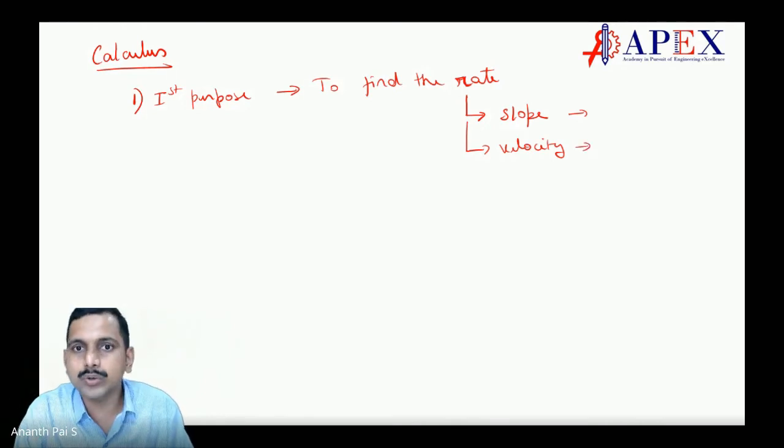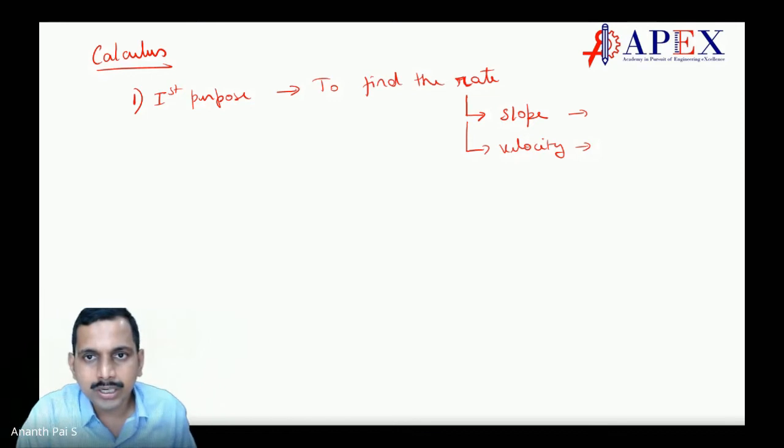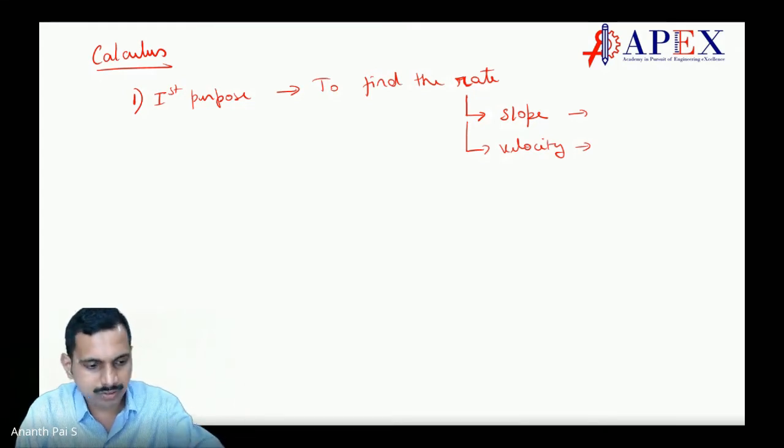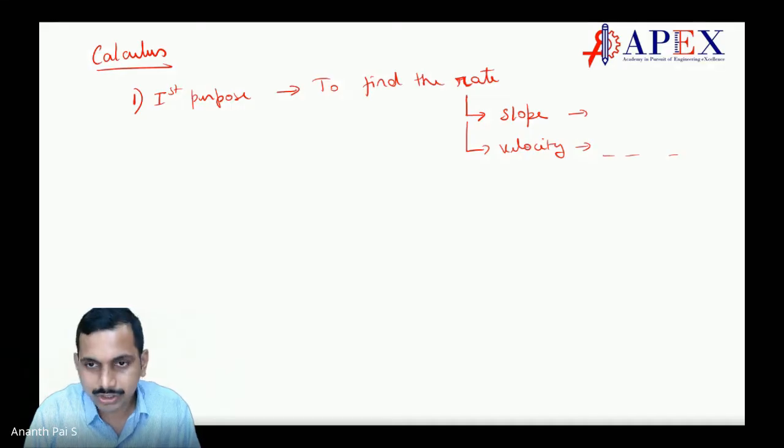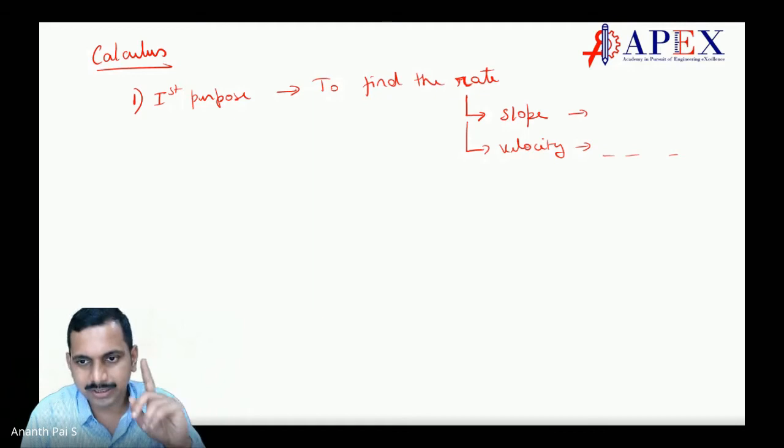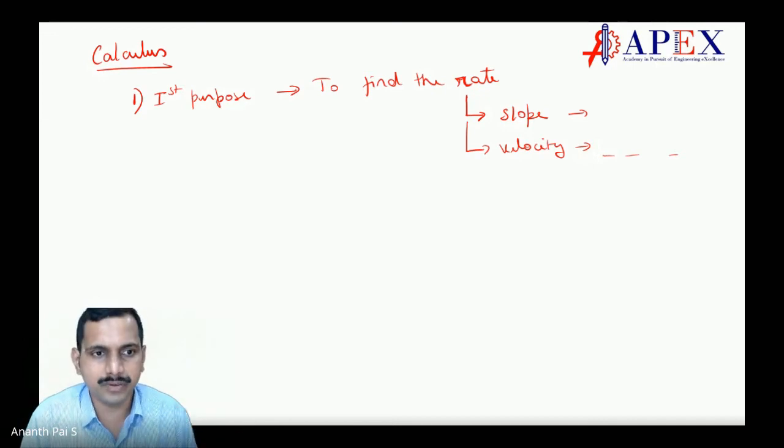Velocity, you can find out. Then you can find out acceleration. Then you can find out further. You can take a differentiation of acceleration also. What is the differentiation of acceleration? Yeah, I'll come to that. So like that, you can have it. Jerk, yes, very important. I missed that. Jerk. Differentiating acceleration, you can find the jerk also. So these are all the different things we can have.